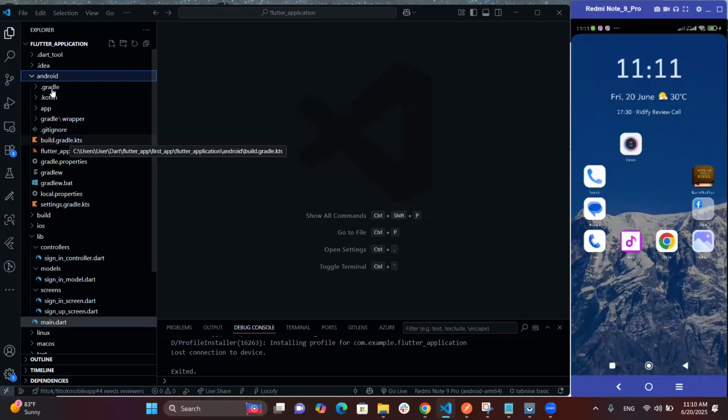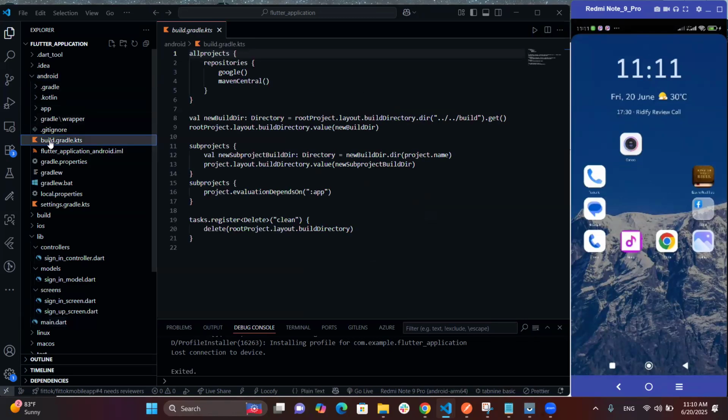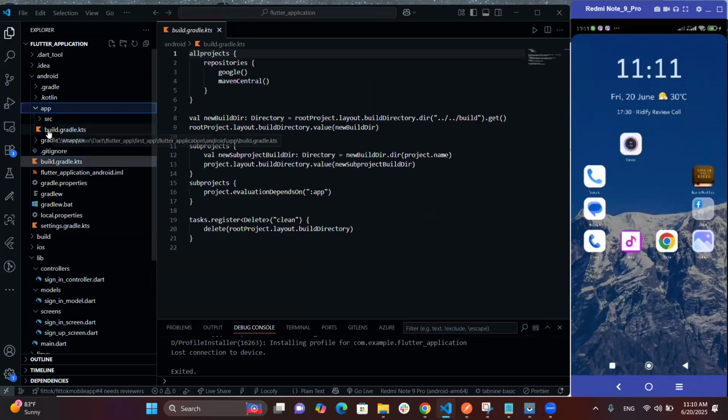So you come to the Android folder and look at this build file here. Before, this used to be build.gradle, but now it has .kts, more like Kotlin. So you click on app and you click on